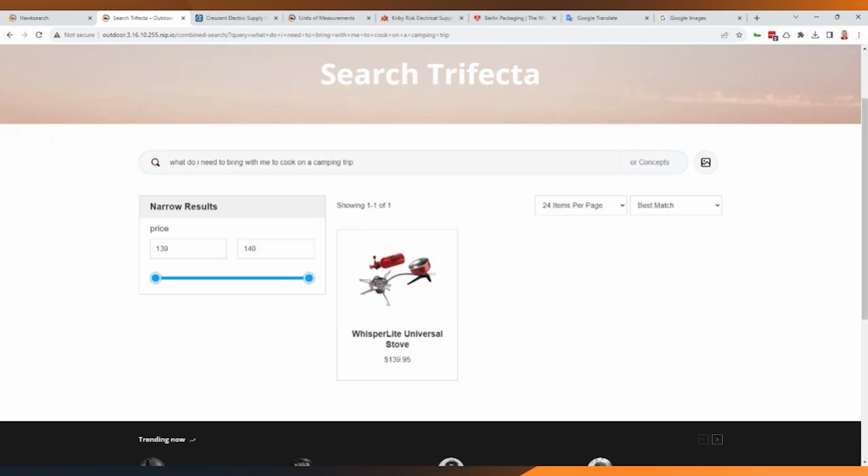And if I execute that search, we're going to get back a result, which is actually still showcasing some of the impressive functionality of HawkSearch. It is able to parse a query like this and still find some relevant results. Bringing a universal stove along with you is something you might want to think about when going on a camping trip. But we know this catalog has a lot more information that is not getting captured by this keyword search, because what's happening here from a keyword search perspective is it's stripping out a lot of this and just looking for the words that it can match.